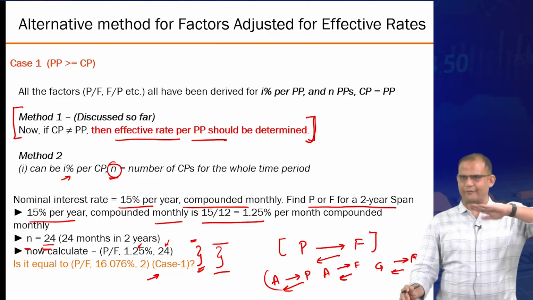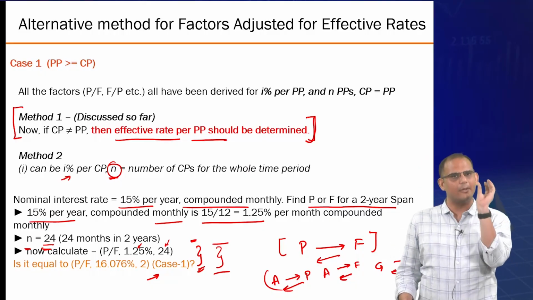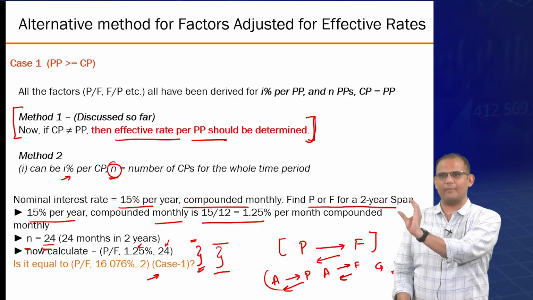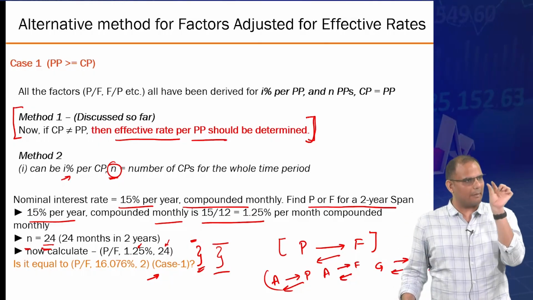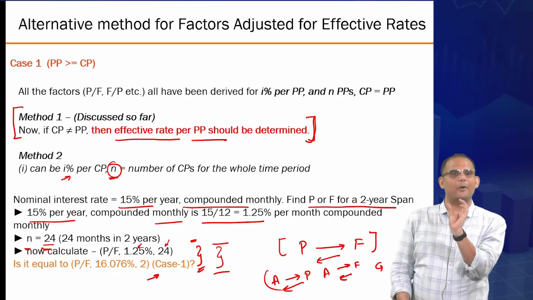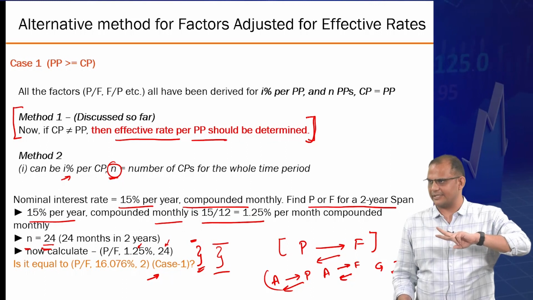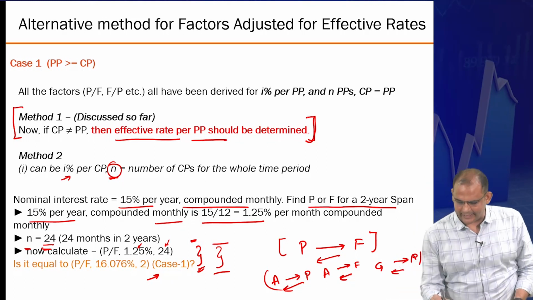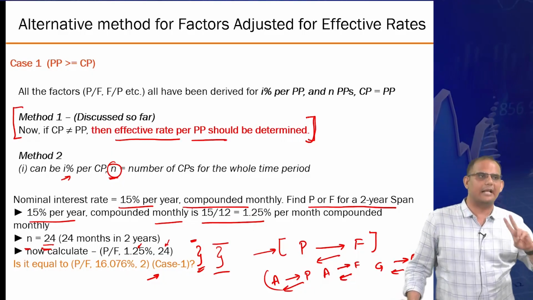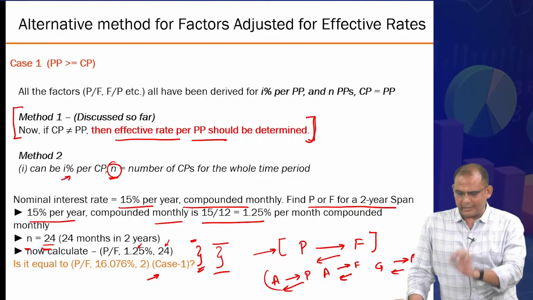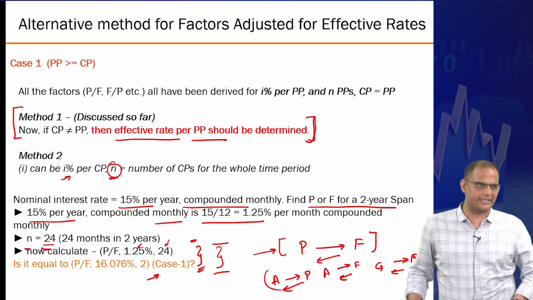Have you noticed the difference in the two methods? In the first method, we are converting the rate to equal the payment period unit, and then we are using the number of payment periods in the formula. But in the second, I am converting the rate to equal the compounding period, and I am using the number of compounding periods to modify my n value in the formula, right? That's the two differences. But all I'm saying is that both approaches will give you a consistent answer only for the P and F transformations. For all other transformations, it won't give you a consistent answer.